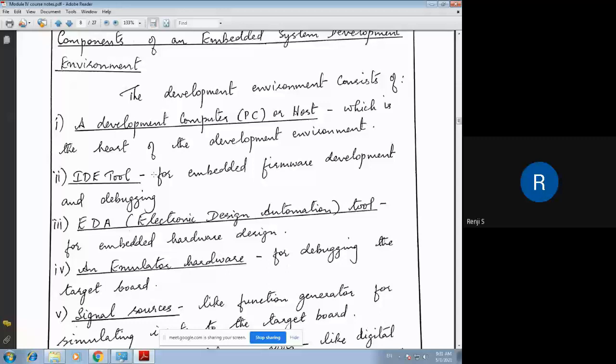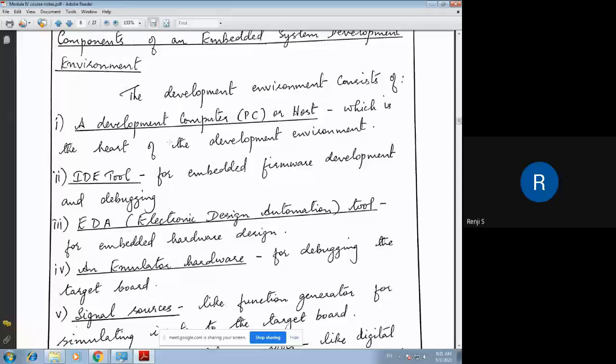We call the PC the heart of the development process because all the utility programs or the development environment, the IDE, the integrated development environment, etc., are all software components. They are loaded into our PC, and in the PC we use the utility programs to test the firmware, and finally once the firmware is tested, we transfer the program into the hardware unit. And for transferring, we said there are 4 techniques earlier, and using any of these techniques we can transfer our program into the hardware unit.